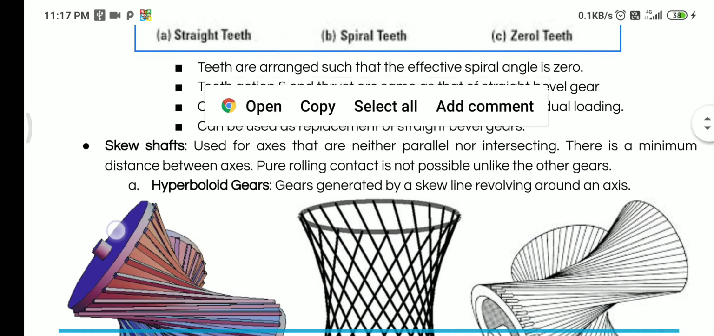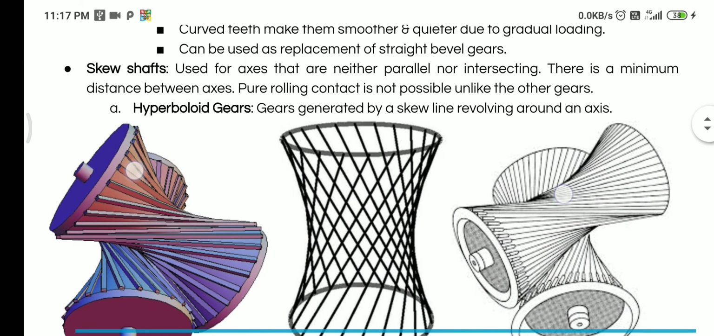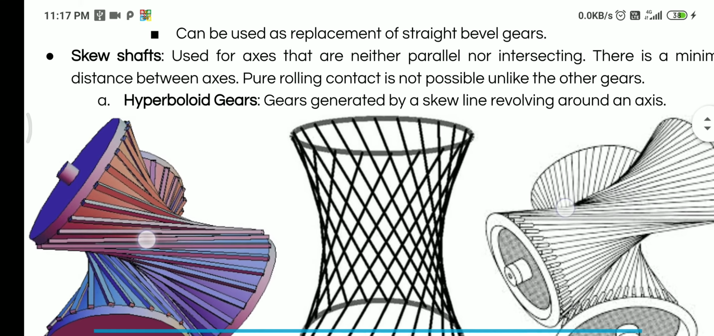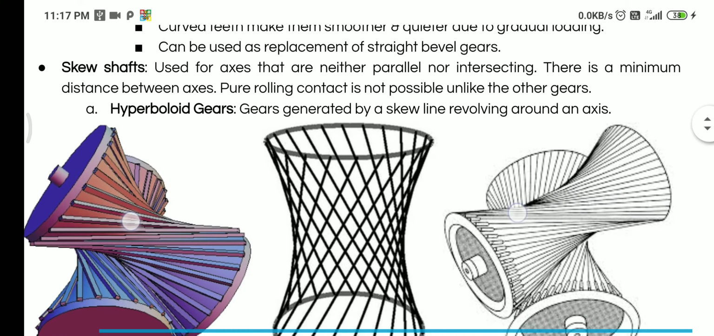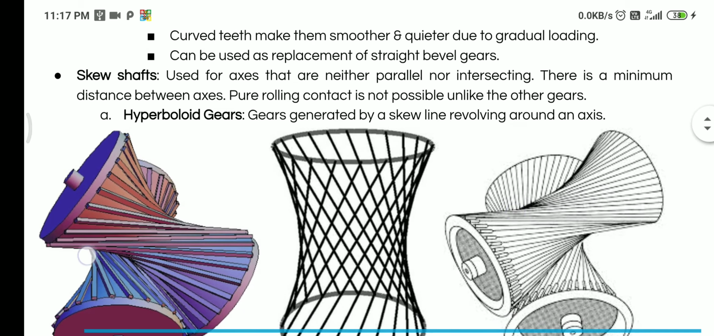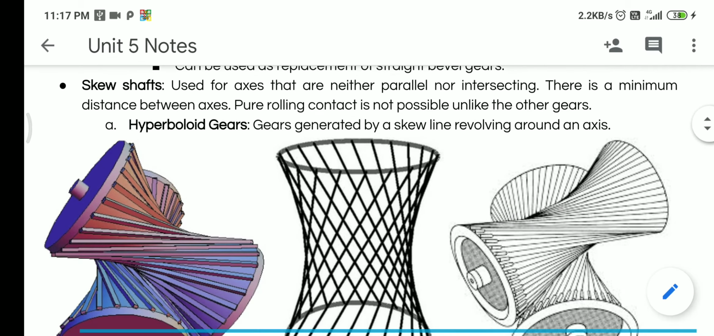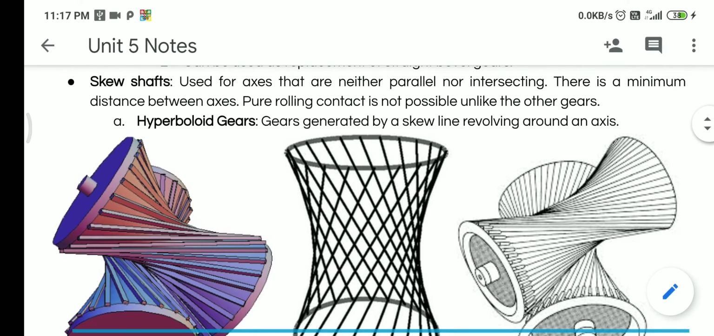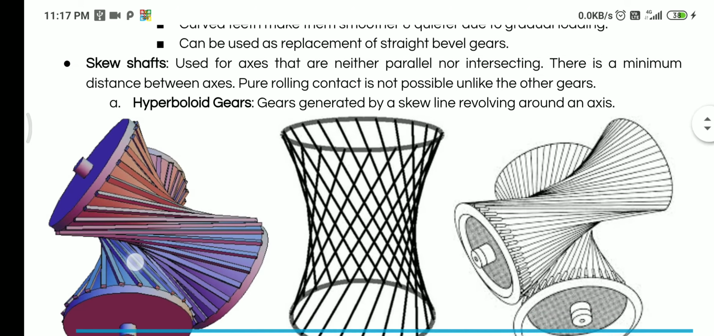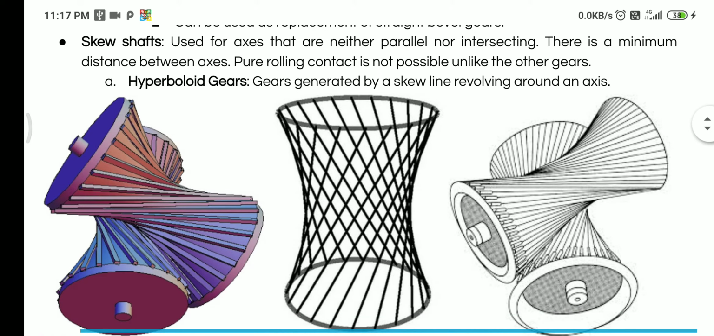The points I mentioned here, you can just go through them and make sure you're able to write them in the exams the same way. Coming to the skew shafts. Skew shafts, as I told you in the beginning itself, these are shafts which are neither parallel nor intersecting. So these kind of shafts are very very difficult to operate, and for this particular case we're using a hyperboloid